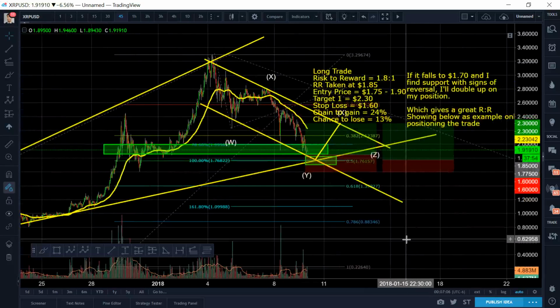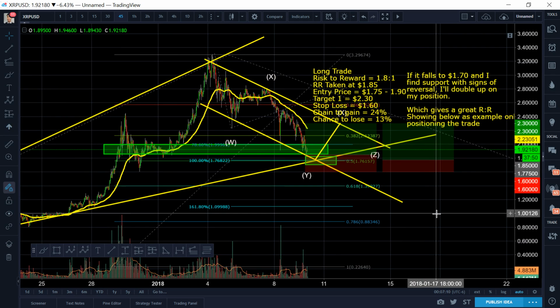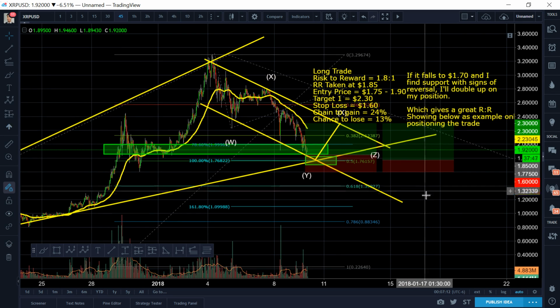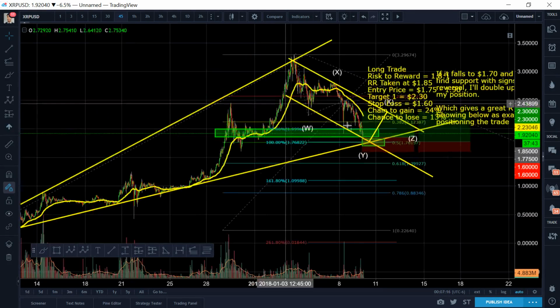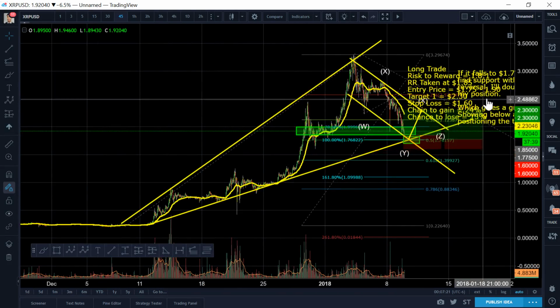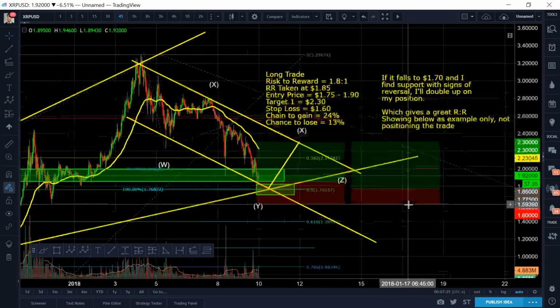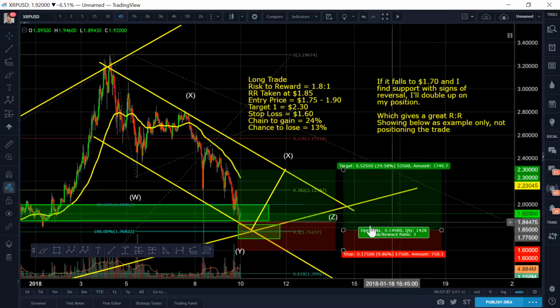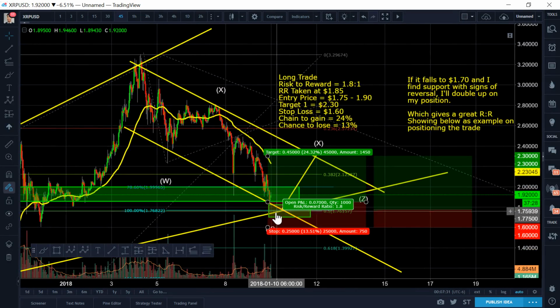But you guys got to ask yourself, is it really likely to go to a dollar range? If it goes to a dollar range, we're talking about between the 0.618 and the 0.786 level here. It's going to break this flag consolidation. It's going to break this massive leading diagonal support as well. I mean, we've got a lot of critical points for it to break, right? And it seems like right now, because it's meeting this critical apex point,